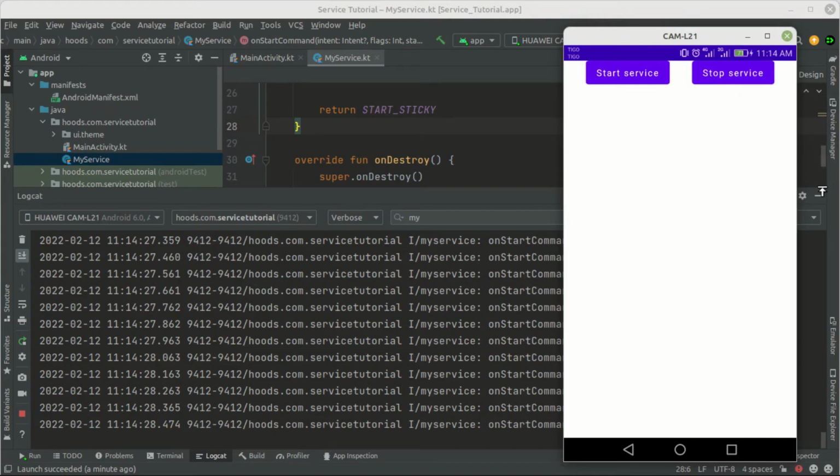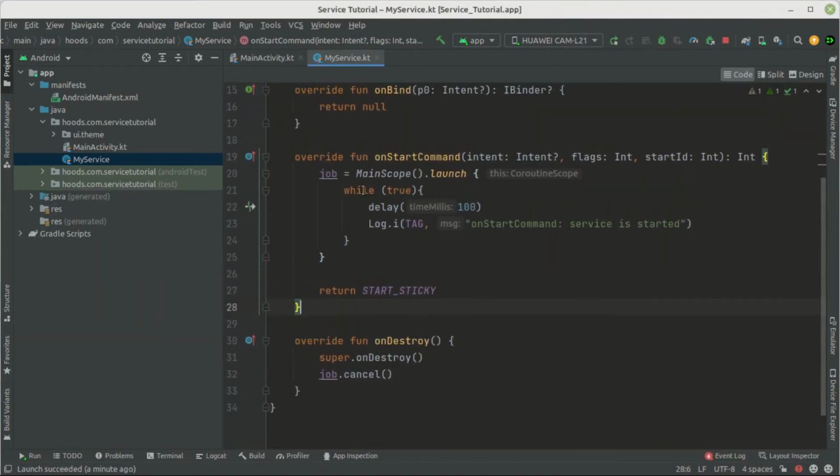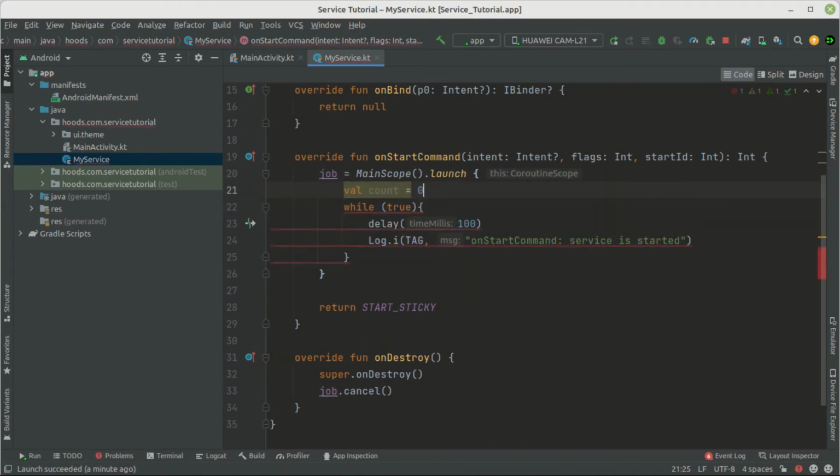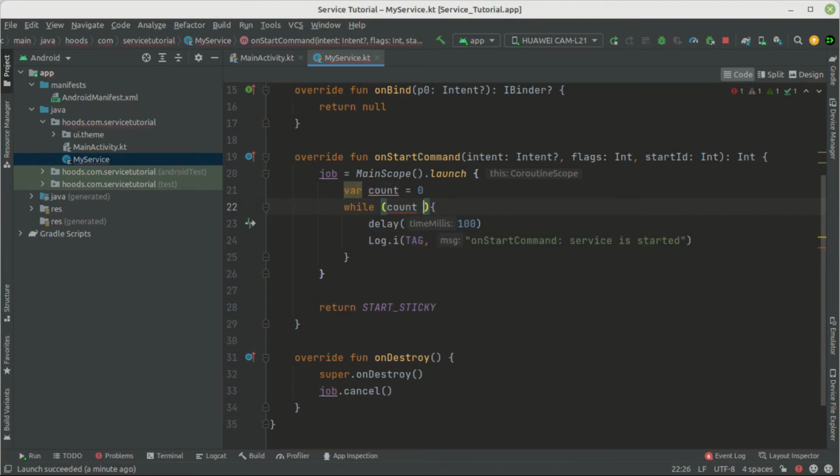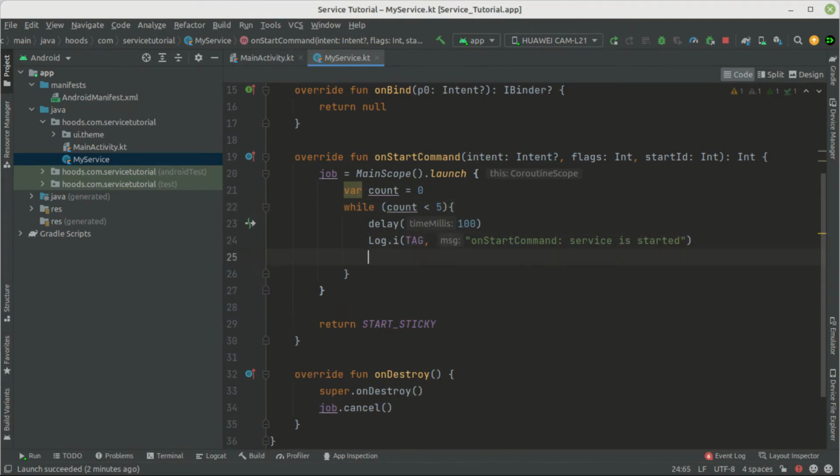Now for this case, we can just come here, for example. So we can just change this. We want to display here, for example, 5. So we can just create here a counter. Then we can just use this counter if this counter is going to be less than 5. And we can just print up here, and then we can just increase our counter